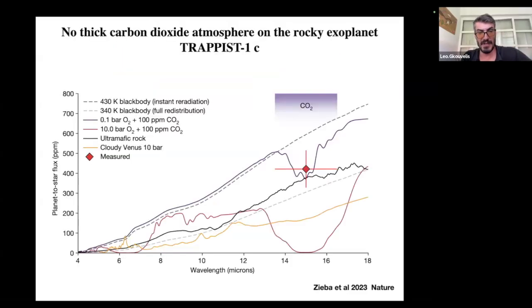Indeed, this is the state of the art currently in the community. What I'm showing you here is only one example, a Nature paper in 2023. There are many of them, many in Nature Astronomy and other journals, but this is only an indicator that this topic is really hot right now. What you can see here is that the observational point from James Webb Space Telescope is this red point. Yes, only one photometric point.